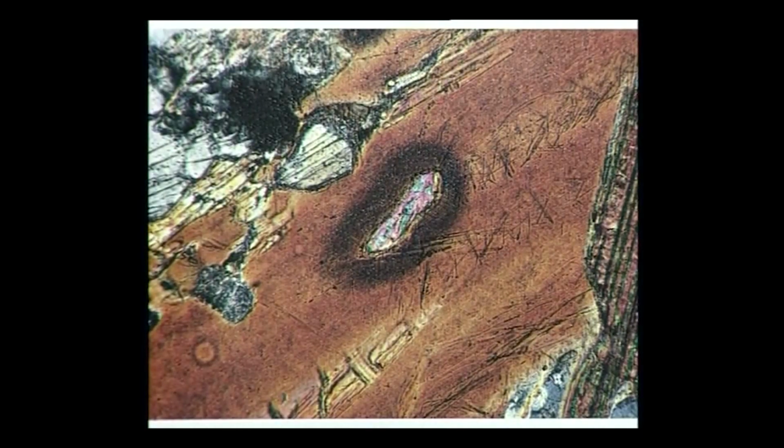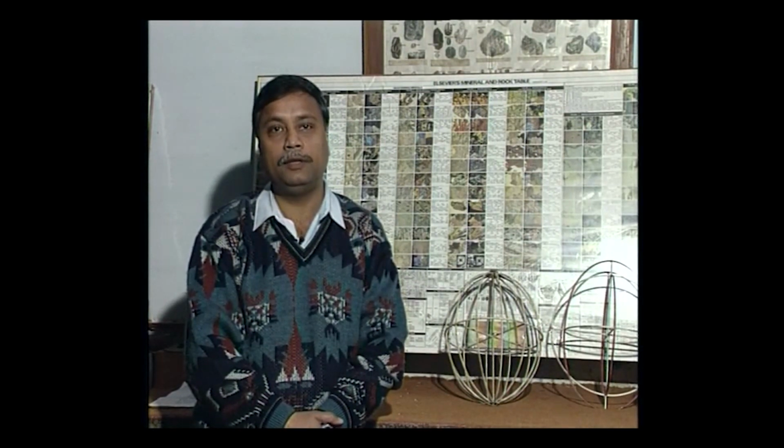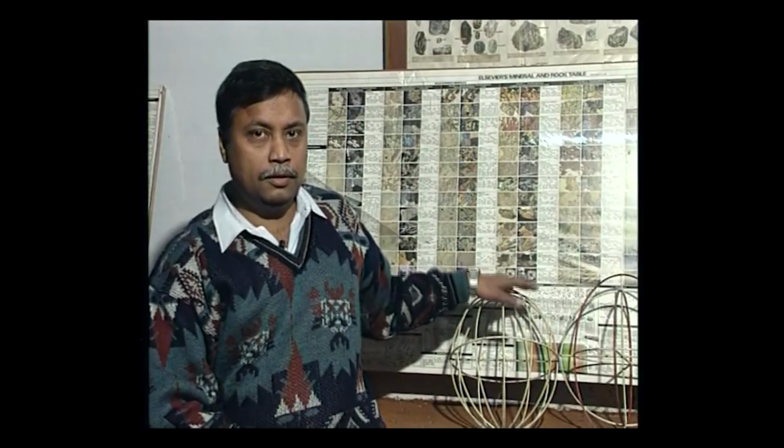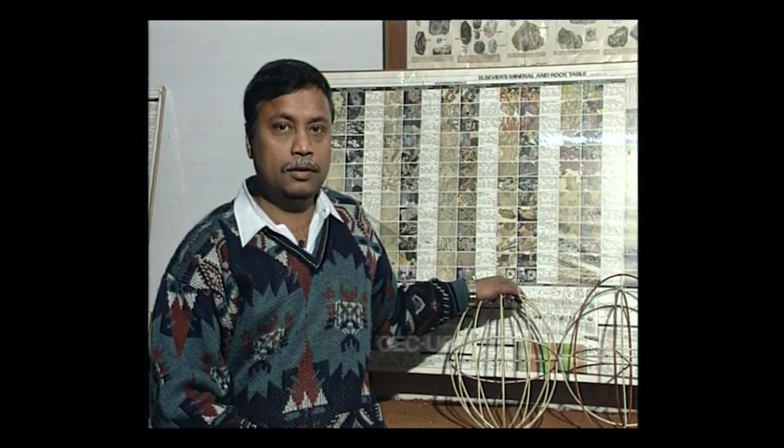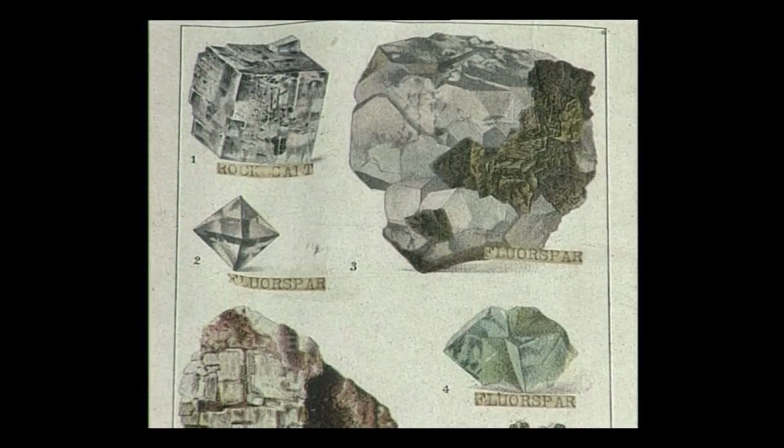Basically, many optical properties of minerals are related to their refractive index. There is one category of minerals in which the velocity of light is uniform in all directions. Such minerals have a constant value of refractive index. These are called isotropic minerals. Minerals crystallizing